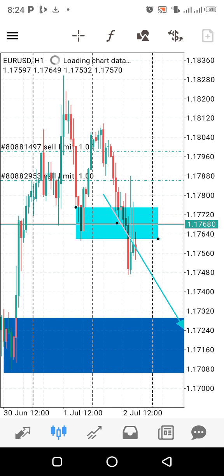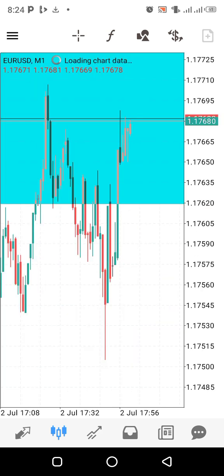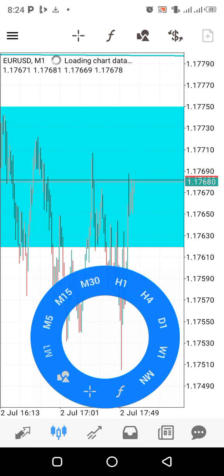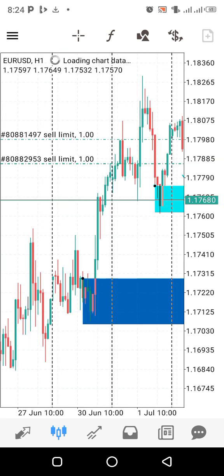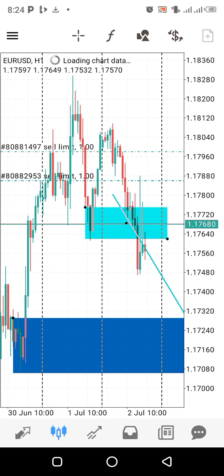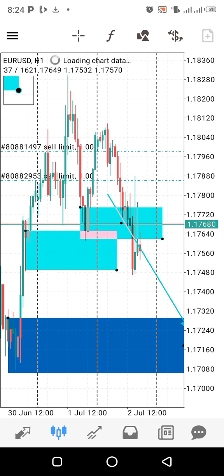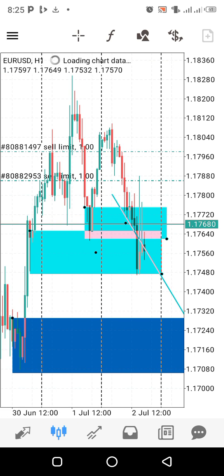But now what do we want to see? Well, the first thing that you have to notice is that price has not clearly broken any significant structure. On the H1 you see that price has broken structure, right? But what do you notice? We have another demand zone around here. Price hasn't yet fully broken this demand zone, and unless price is able to break through that demand zone, we can take our sell entries. But if price is unable to break that zone, immediately we shall just take our buys, because price is not